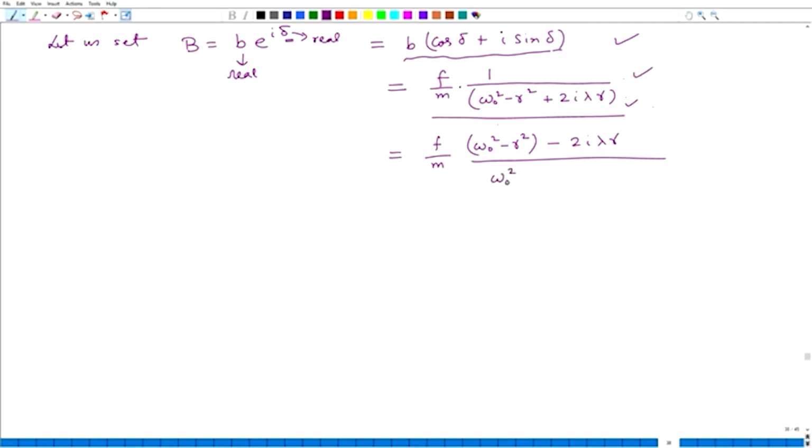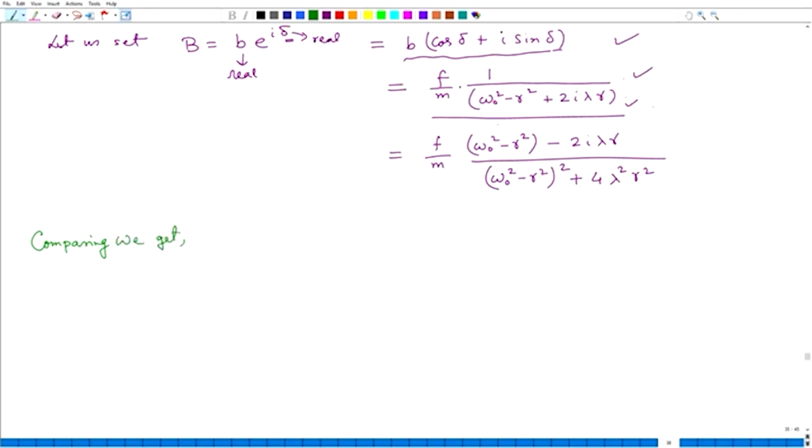This will be omega 0 square minus gamma square whole square, and then a plus b, a minus b, but there is an i, so it should be plus 4 lambda square gamma square. And if you write it like this, then specifically you have a form which is a plus b, a minus b. So comparing,